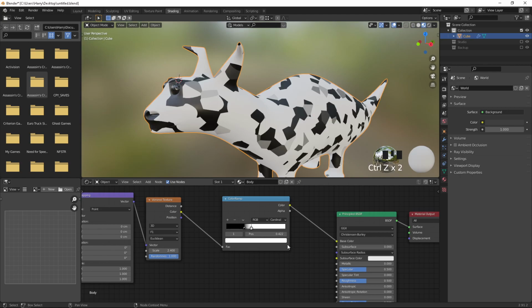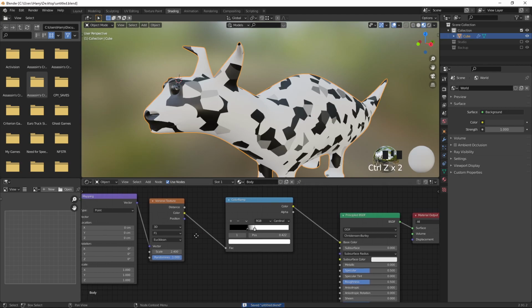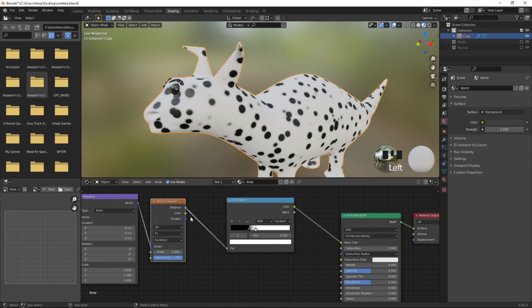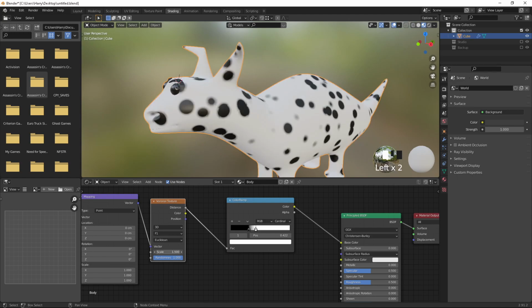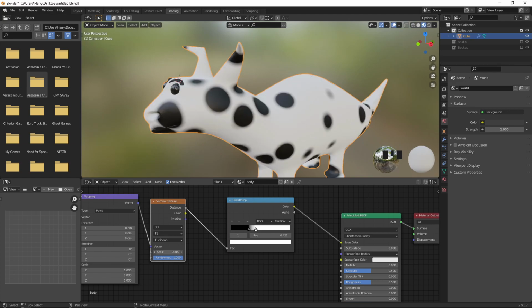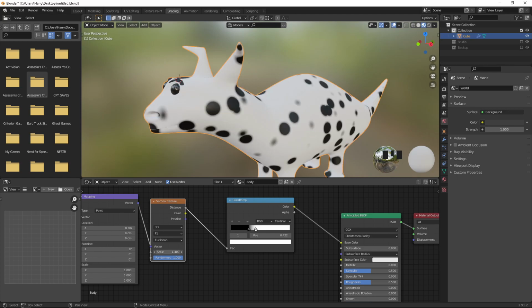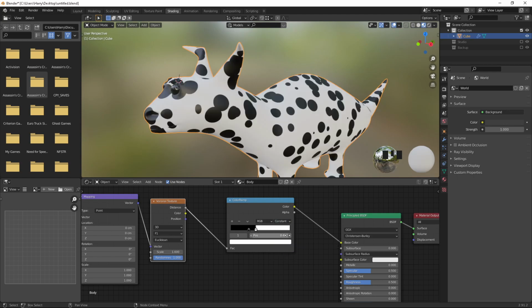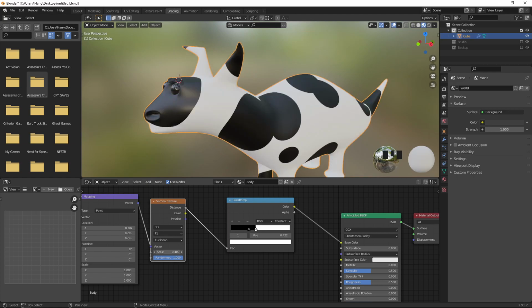Control Z, save it. Better we can go by the distance instead of color, for the dark parts. We can do the scaling for that. Instead, I go like this, and we can go for constant view to see how it looks. Yeah, this looks better for this particular texturing. Now we can increase the scaling size too, I think. We can make it like this.